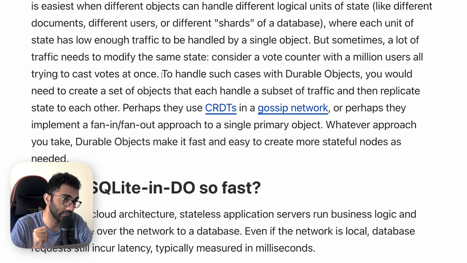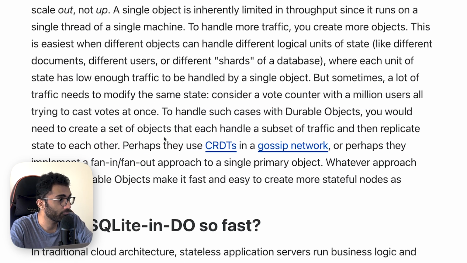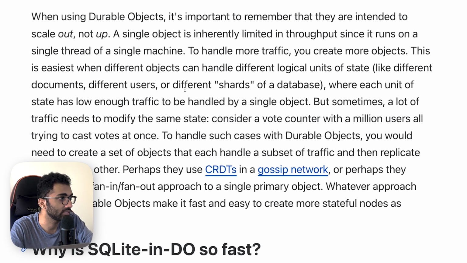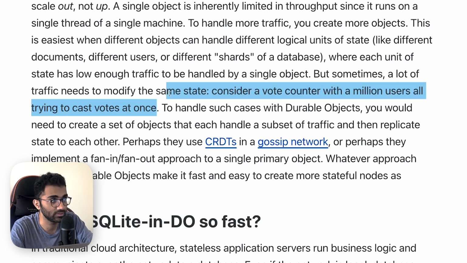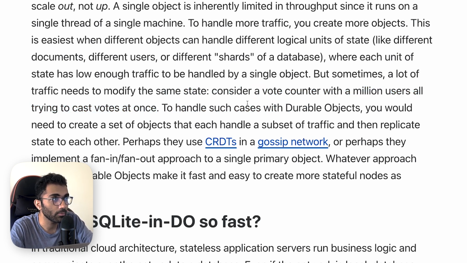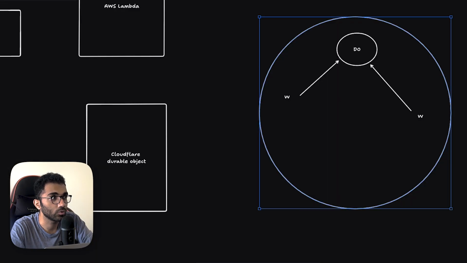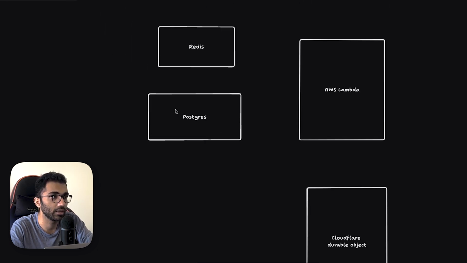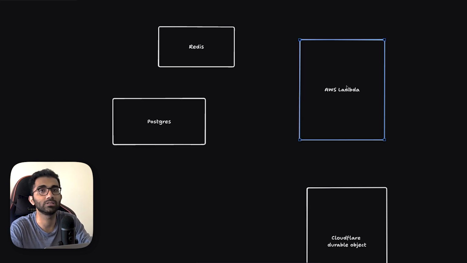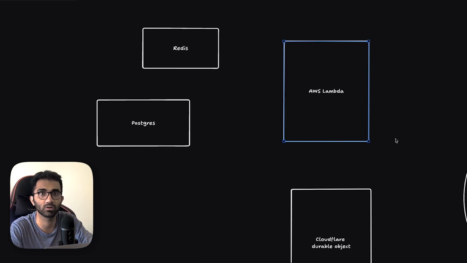So I would say this becomes a little complex. Just my 2 cents over here: if it's a voting counter with a million users all trying to cast a vote at once, if this is really your use case, I would say your architecture would not consist of durable objects. You would probably fall back to a traditional server where you get a nice database like this, and then you scale out AWS Lambda instances, or even Cloudflare Workers for that matter,